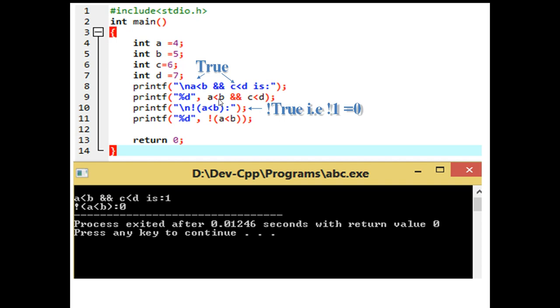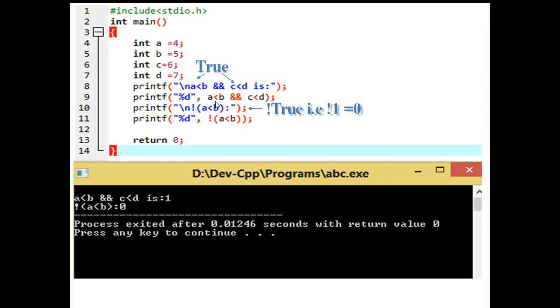You are writing the expression by combining comparison operators, relational operators, with the logical and, so the result is finally a logical one.